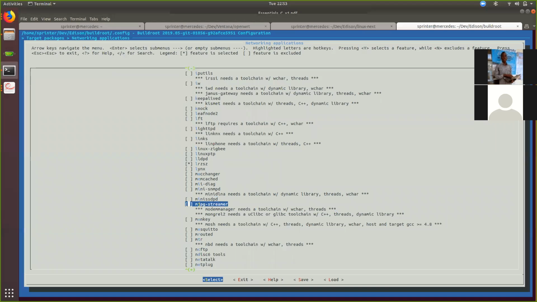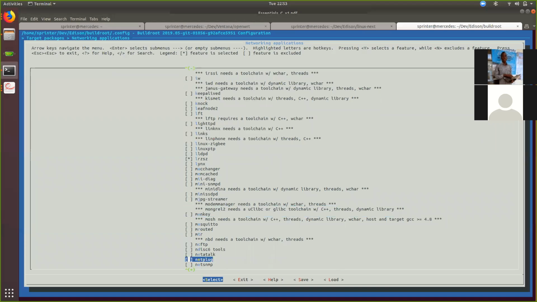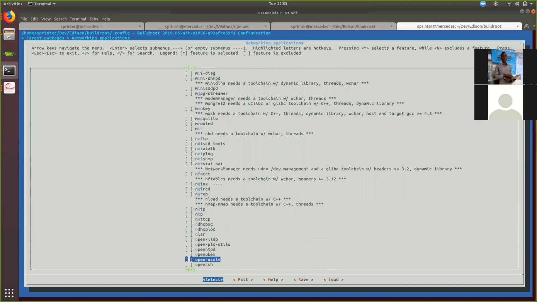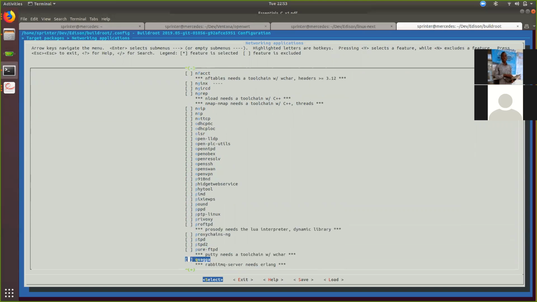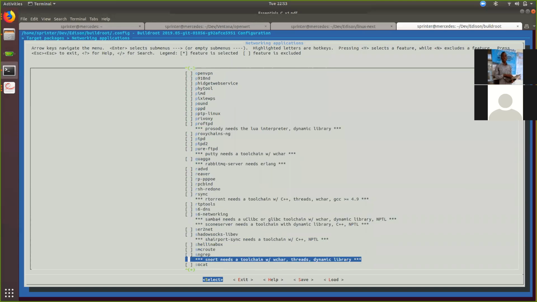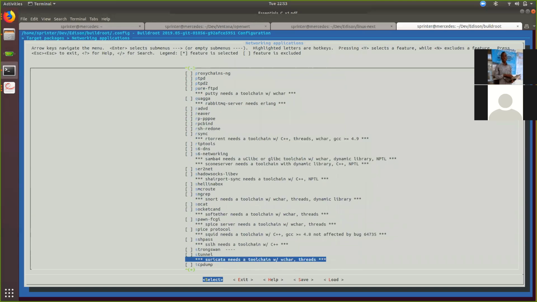Yeah, MJPEG streamer is for streaming JPEG video and images. OpenVPN, do you know what OpenVPN is? The OpenVPN client. So these ones are networking packages. Here you are now allowed to say packages. Okay? Yes. So okay. So you see, these are the packages that are going to be installed in your root file